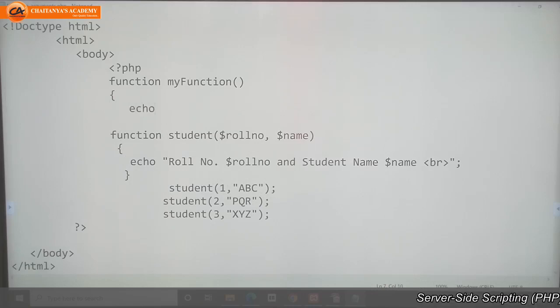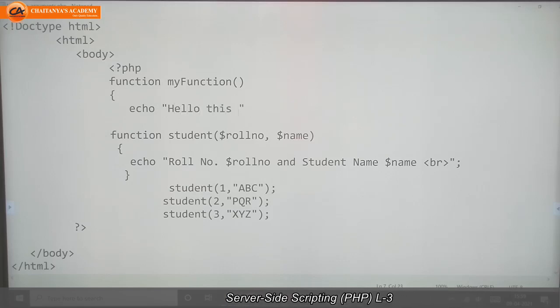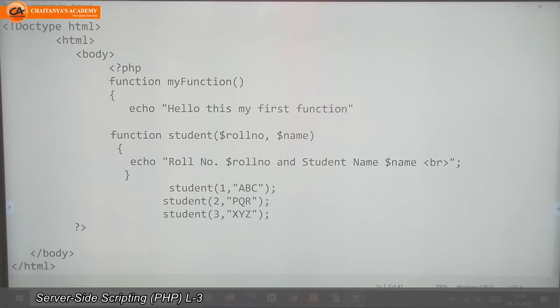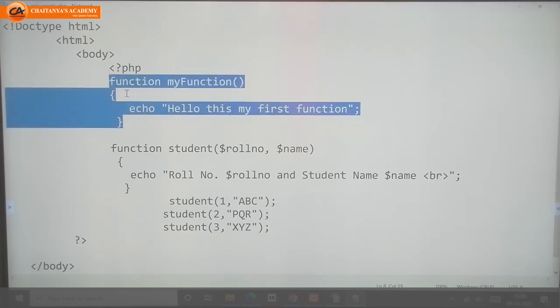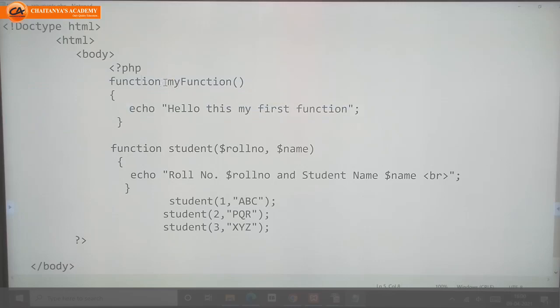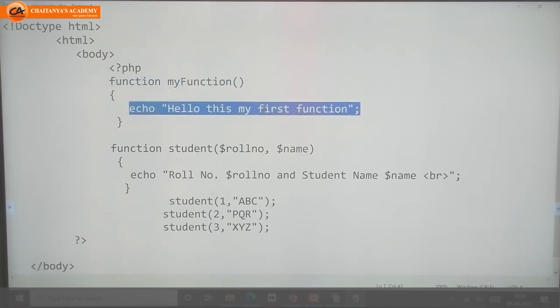Next, some line of code I want to execute: "Hello, this is my first function", with a semicolon at the end, and then the end of the function. This is just the declaration. I wrote the definition of this function. I gave the name to the function and wrote the line of code I want to execute.